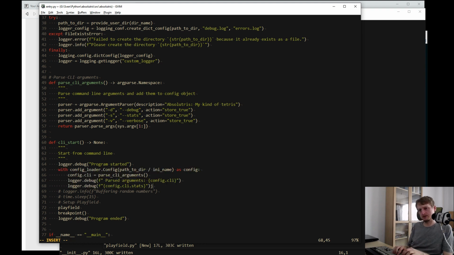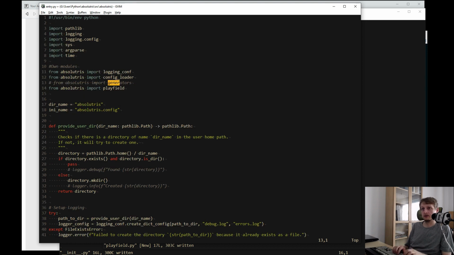Okay, but let's not care much about the details right now. I think we can do that later. So playfield will be our... Wait, we can't say that. We can, however, import playfield as PF.